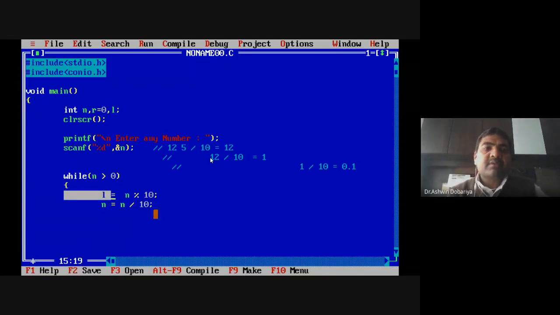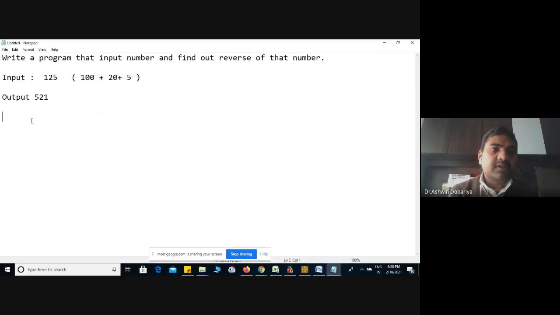Now what do I have to do? As I explained here, this number is generally formed with multiplication by 10. Here this is multiplied by 10, this is multiplied by 100, right? As I already explained, 100 multiplied by 1, this is 10 multiplied by 2, and this is 5 multiplied by 1.